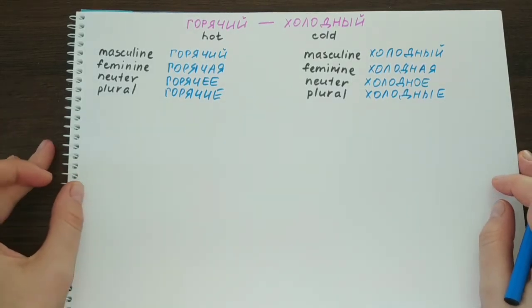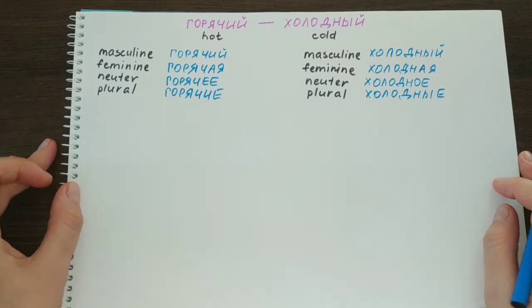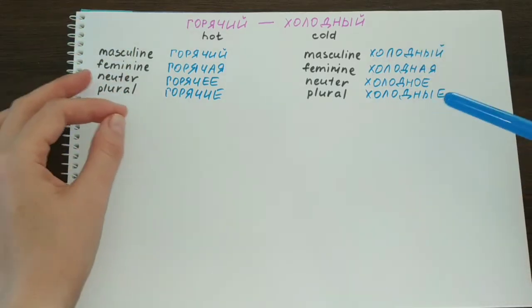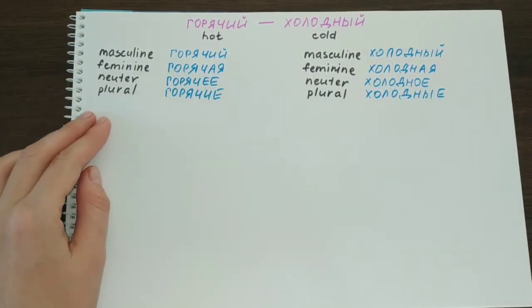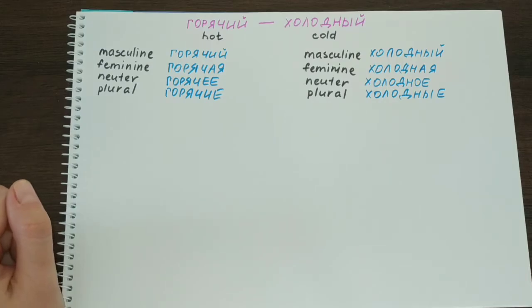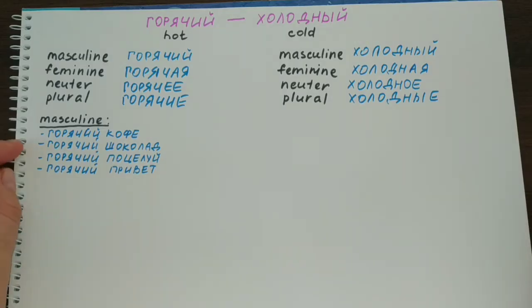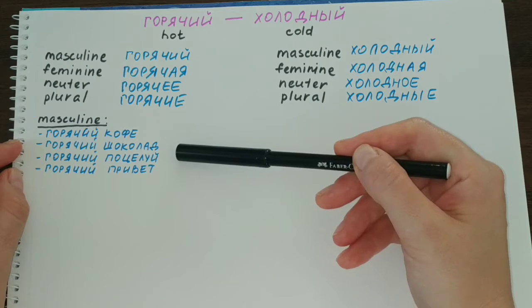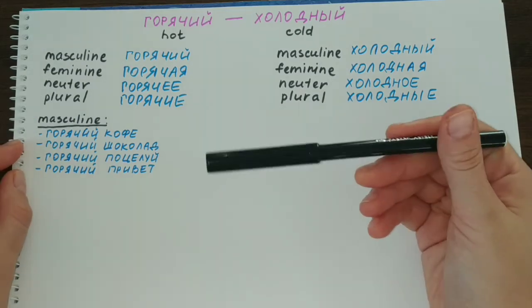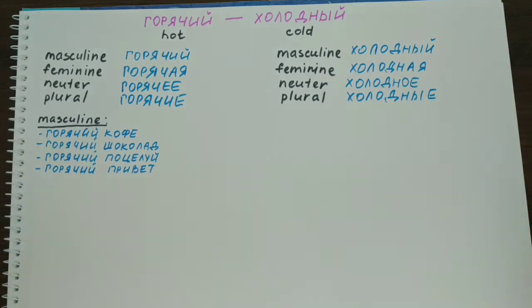Now let us talk about some examples of using all of these forms of these adjectives in some phrases. And let us start with the adjective горячий. Here you can see some examples of phrases with the adjective горячий in its masculine form. Here are some phrases that I've written down for you. When we're talking about what things can be hot, what things can be горячий, it can be in the literal meaning, like when it is hot to touch. Like, for example, горячий